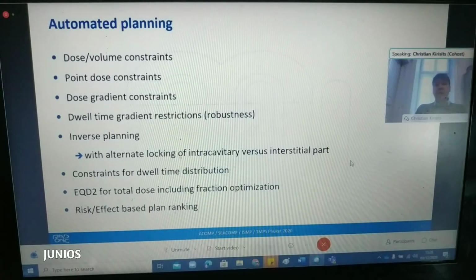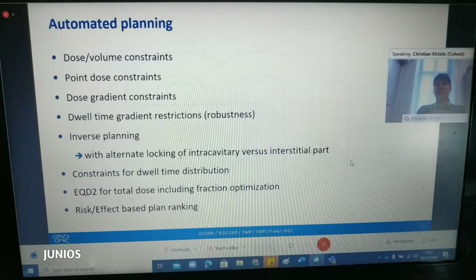What is at the moment, and now I'm already in 2020, what do I think will be the future? I think inverse planning only will not be sufficient. We need automatic planning. We need dose volume constraints for that. We also need point dose constraints. We need dose gradient constraints, dwell-time gradient restrictions, and then inverse planning might work